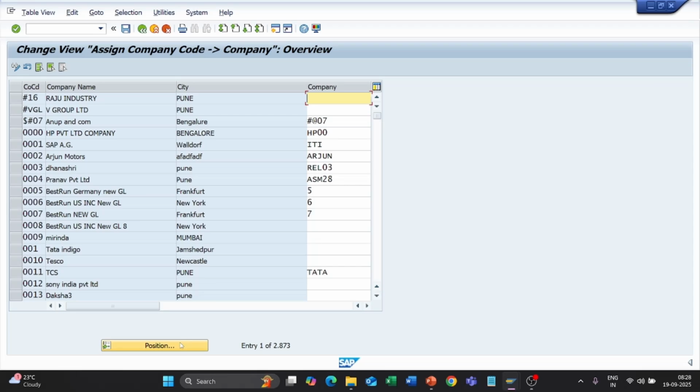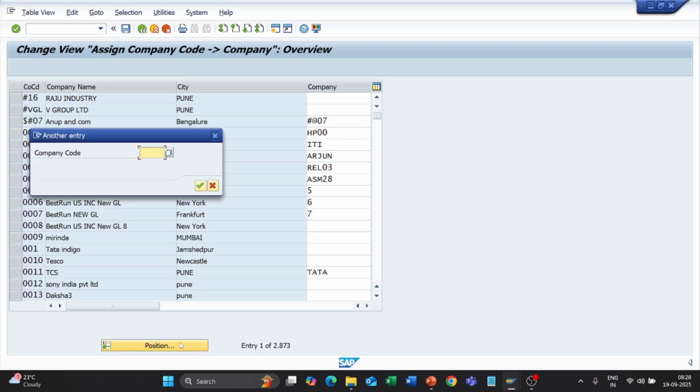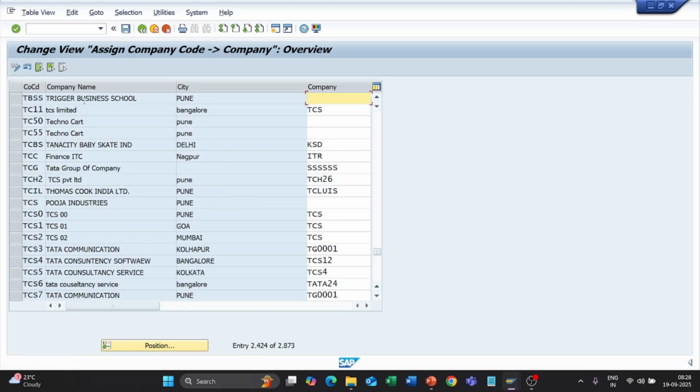Let us find our company code. First is what? Trigger Business School is our company code. Now the system doesn't know yet that TBS comes under which company. So let us give it the